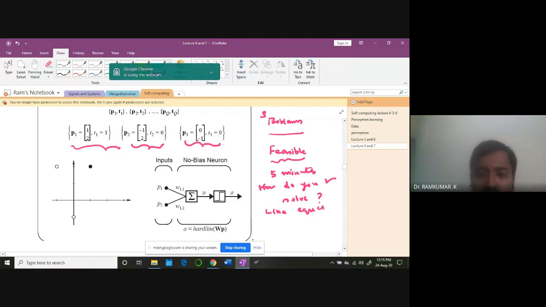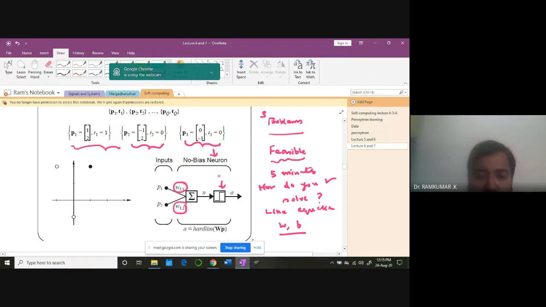For getting the line equation, you should know the weights and biases. Okay, so we don't know this. W11 we don't know. W12 we don't know. And this bias, if we want to give, that also we don't know. No bias, this neuron has no bias. The problem statement says no bias. Okay, so naturally, only threshold is there.